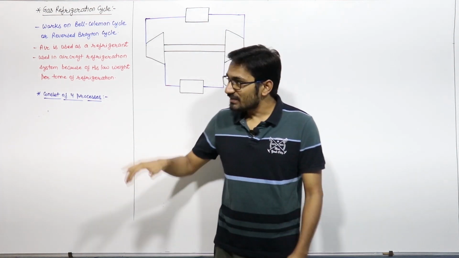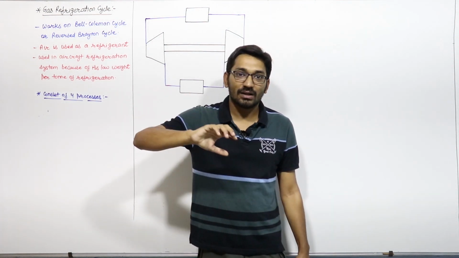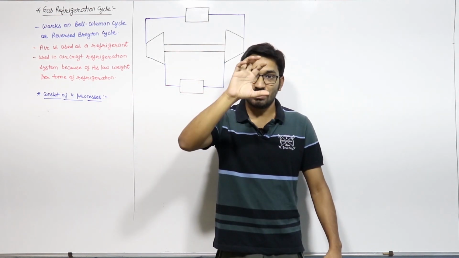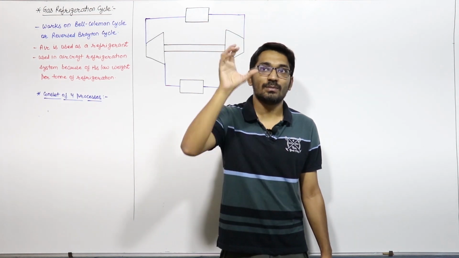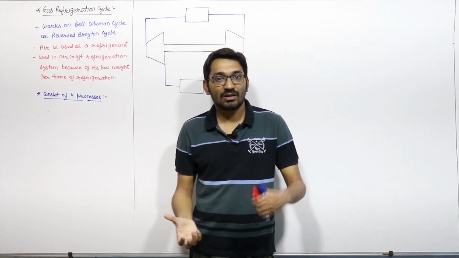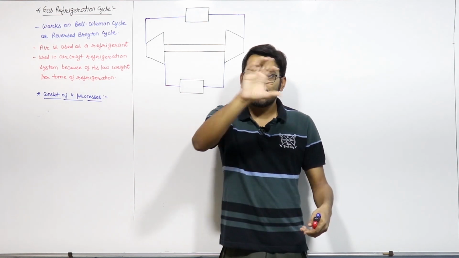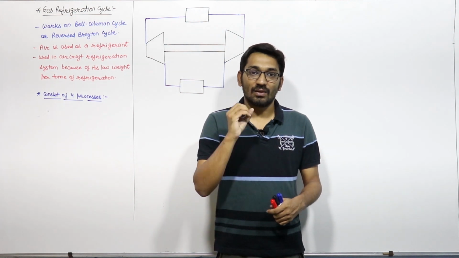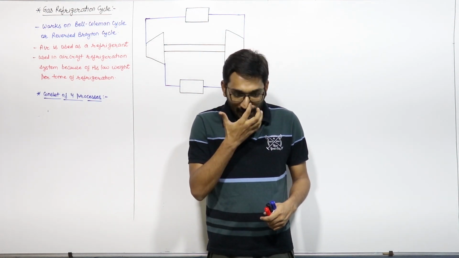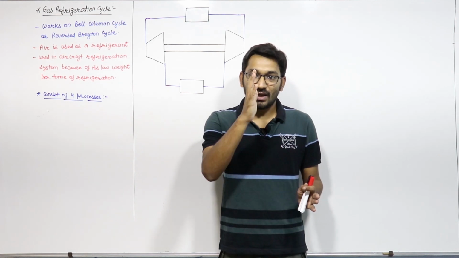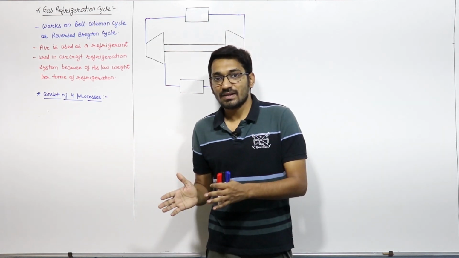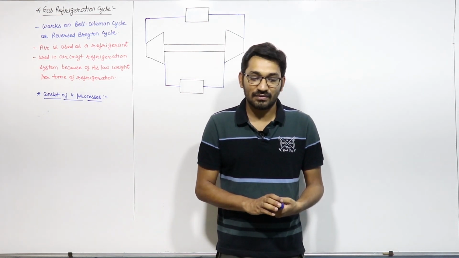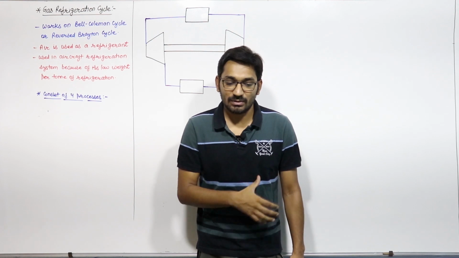is, in the gas refrigeration cycle, the refrigerant which is flowing in the cycle in different components, whether it will be compressor or heat exchanger or evaporator or turbine, is in the gaseous phase, right? But in the vapor compression cycle, in half of the cycle the phase is the liquid phase and in another half of the cycle the phase is the gaseous phase. This is the basic difference between these two.